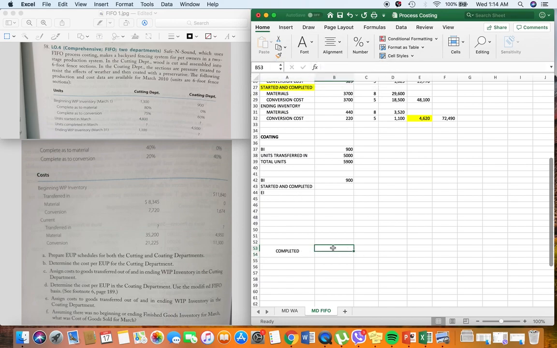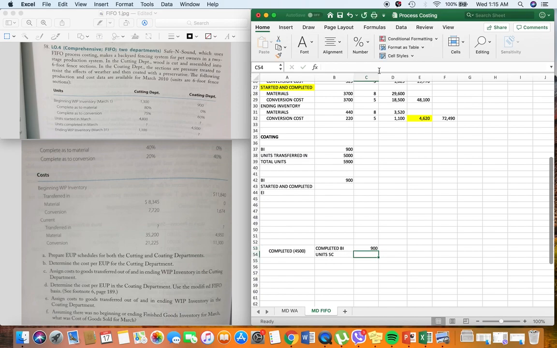The completed units is the sum of the completed beginning inventory units and the units started and completed. So, if the problem says that we have completed 4,500 units and then we have completed beginning inventory units of 900,